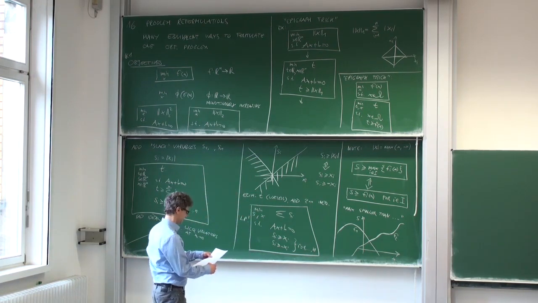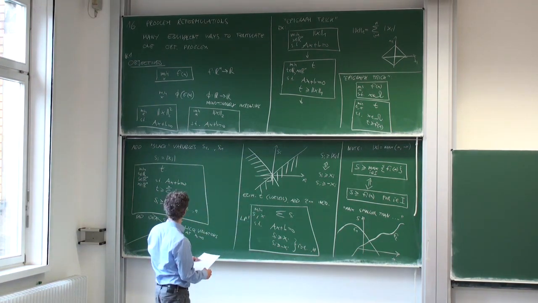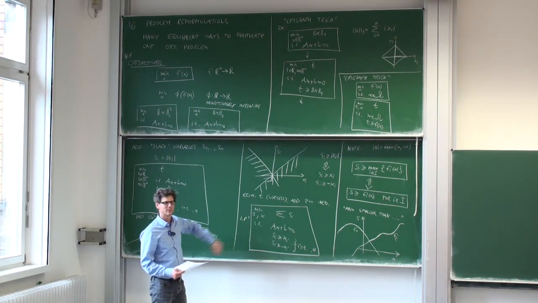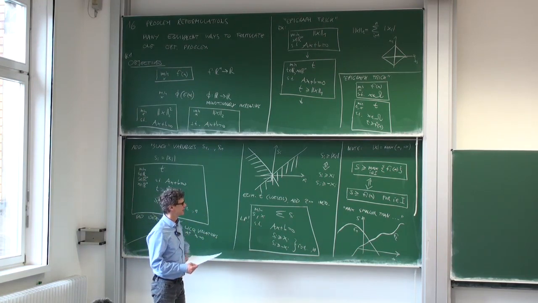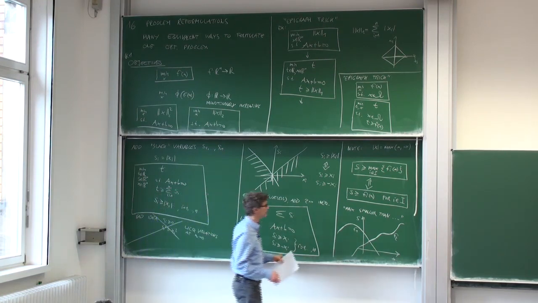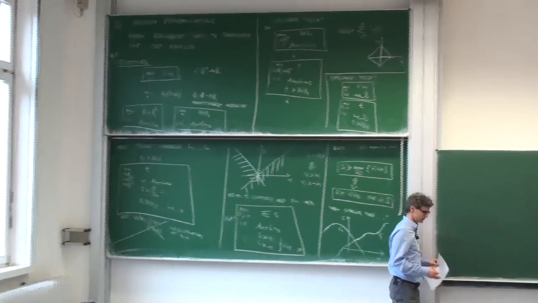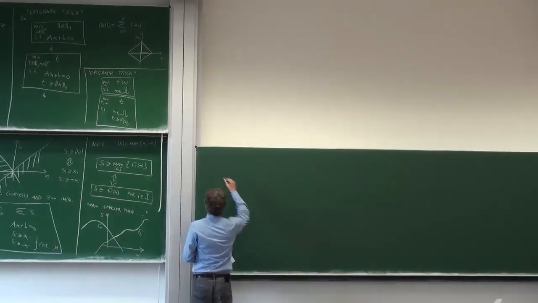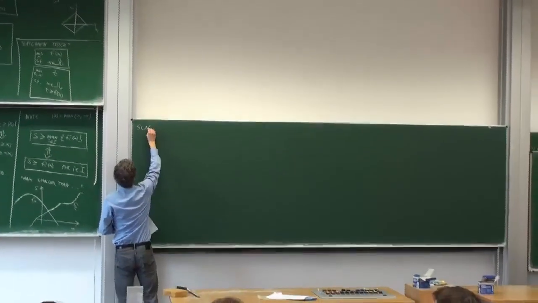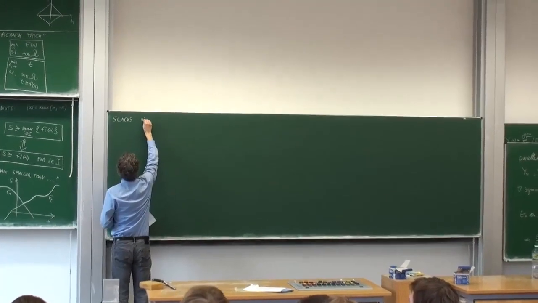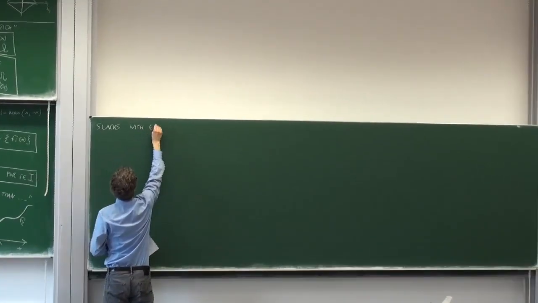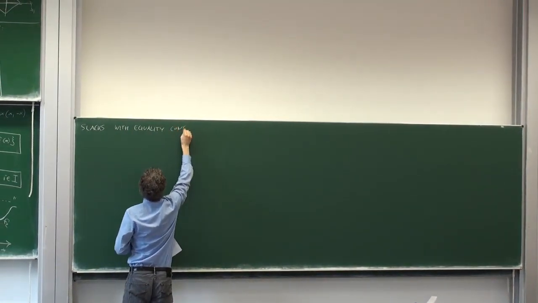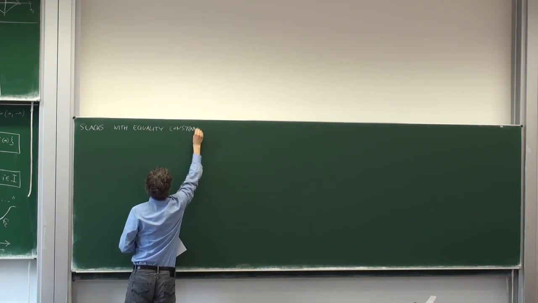So there are more tricks. I already mentioned the name slack variables. Slack variables are these extra things that you introduce in order to make some things easier. But you can also have a lot of other slack variables. So we can have slacks for inequality, with equality constraints. And in order to do so, I would like